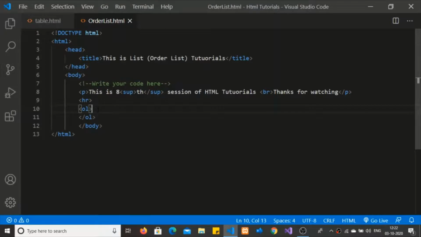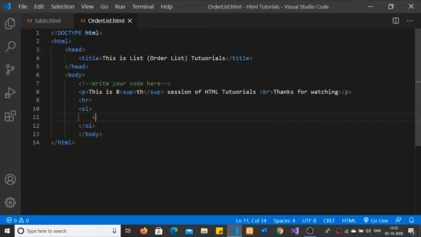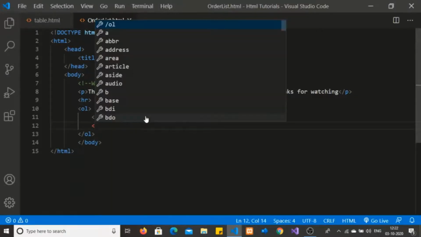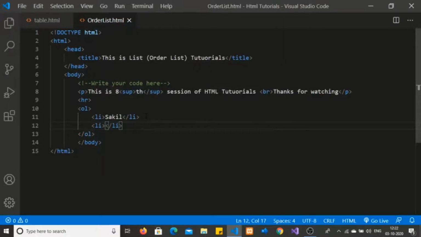Now I am going to add a few list items into this ordered list. Here I am going to add the names of me and my friends. My name is Sakil, and now I'm going to add the names of my friends. Second is Sanu.